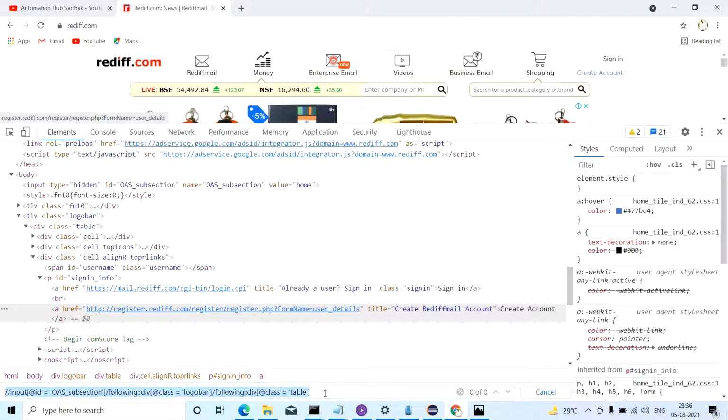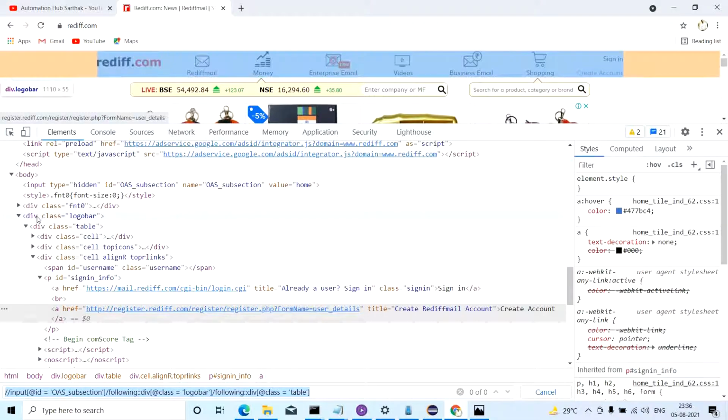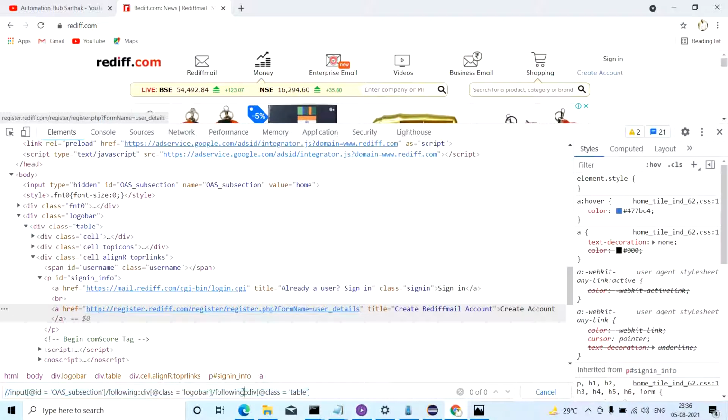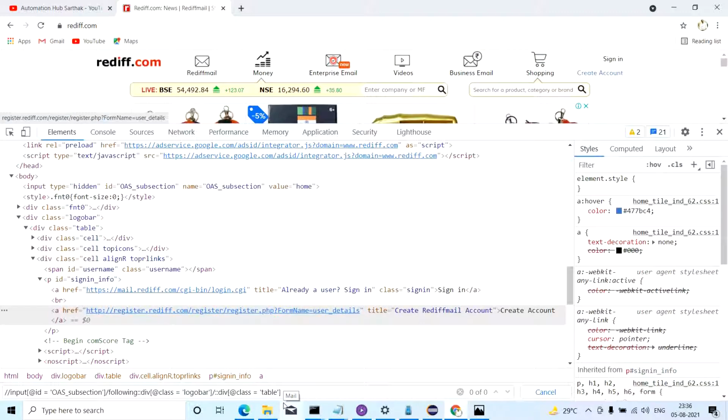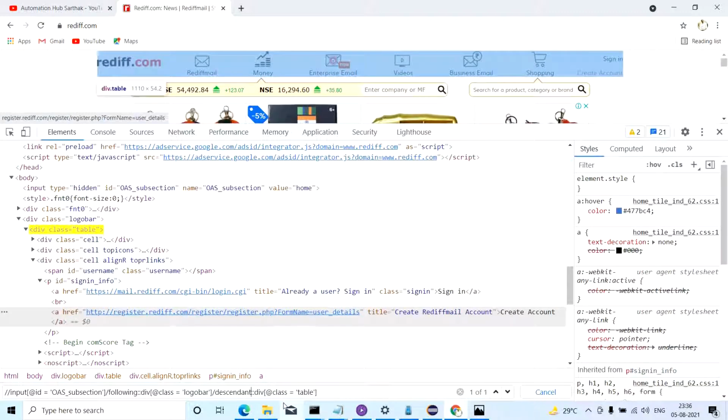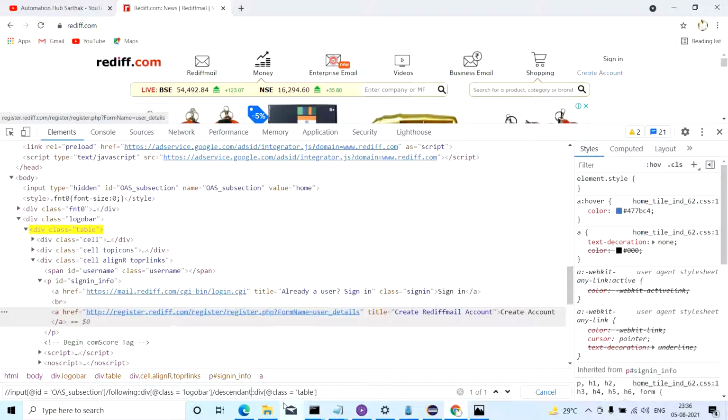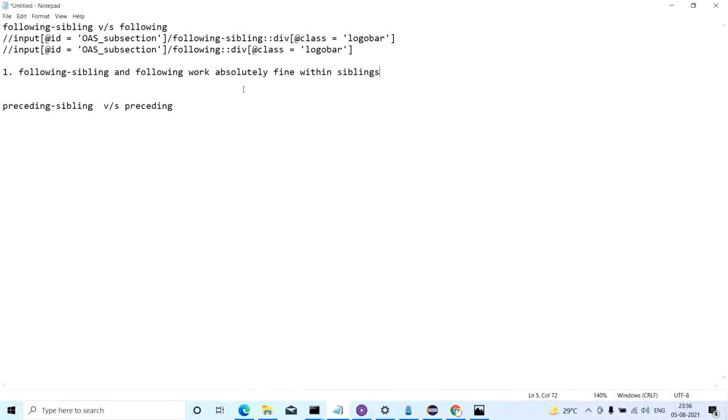So always remember, whenever you are traversing from a parent to a child, use child. Here, you're traversing from parent to child, so better use child, or in case you can also use descendant, that is fine. Use child or descendant. Do not use following in case of parent-child traversing. So the second inference is